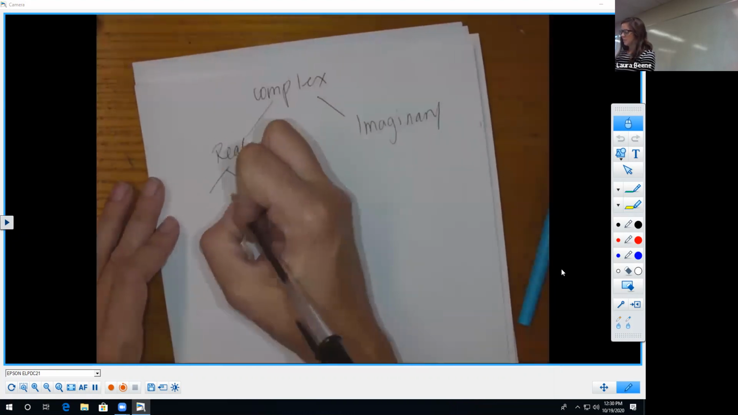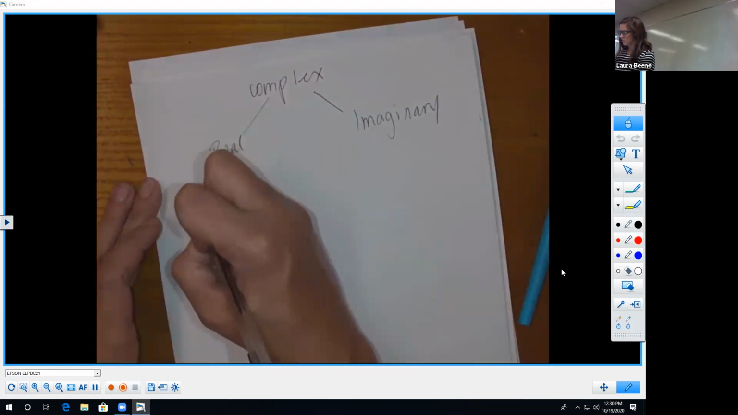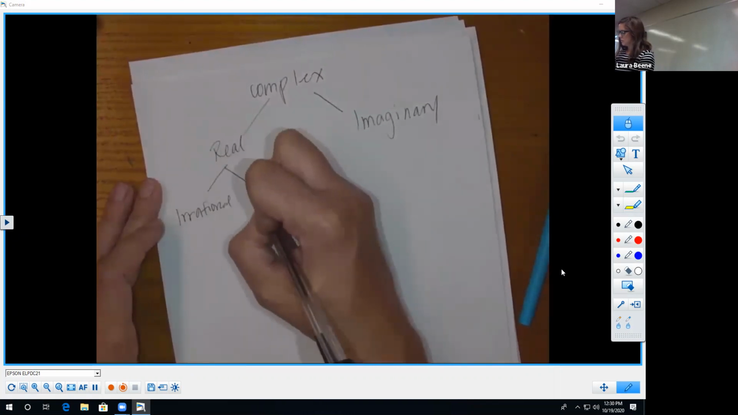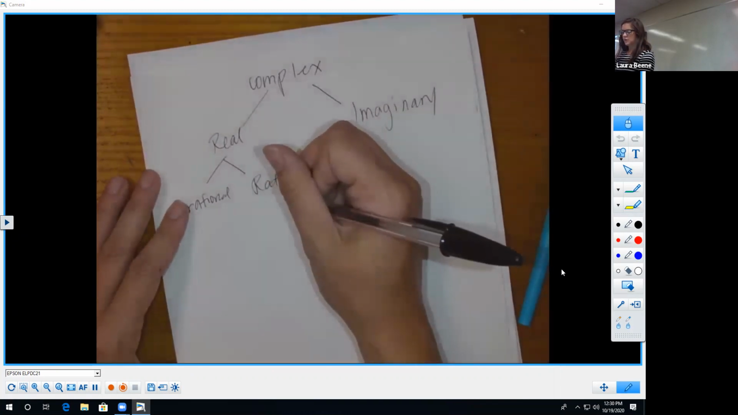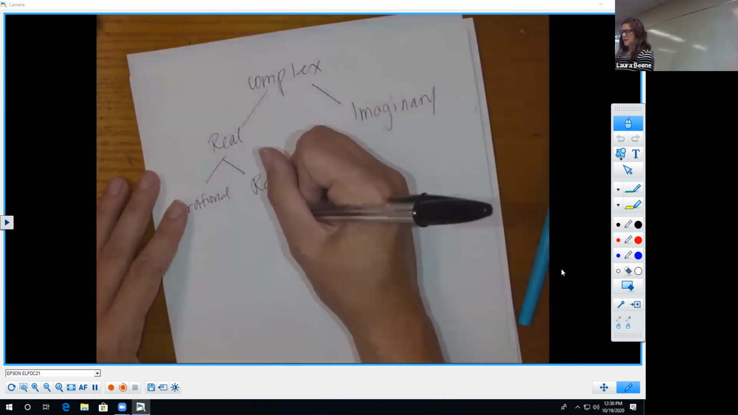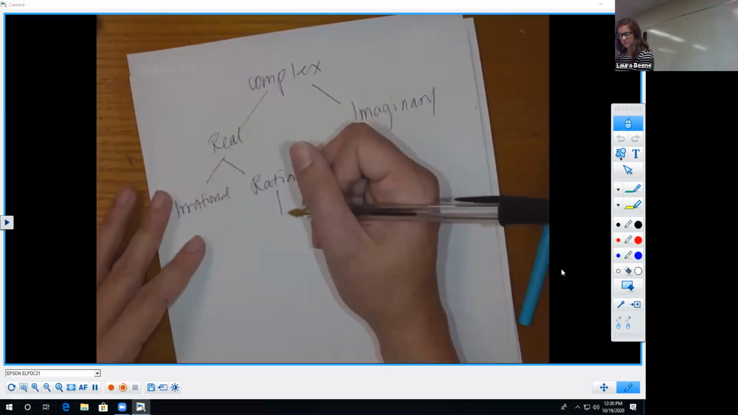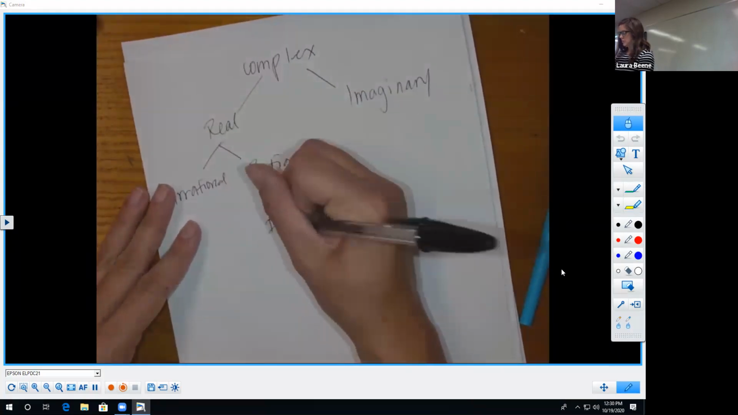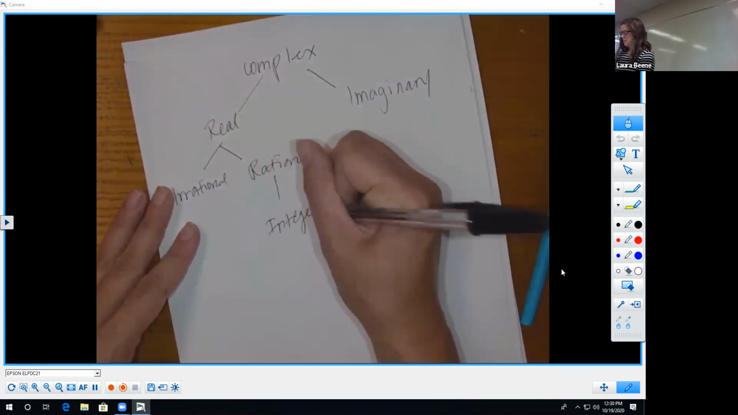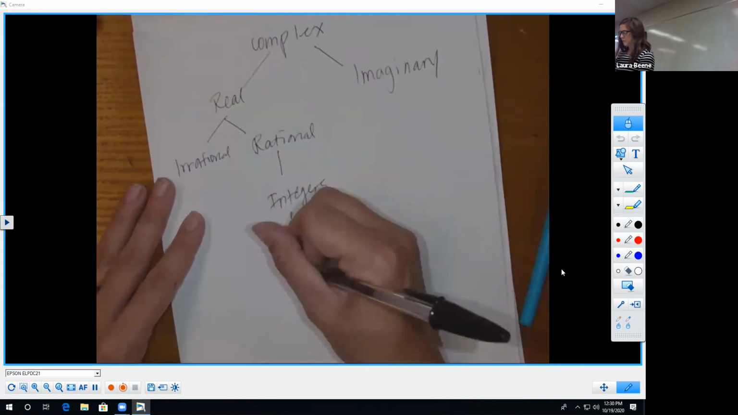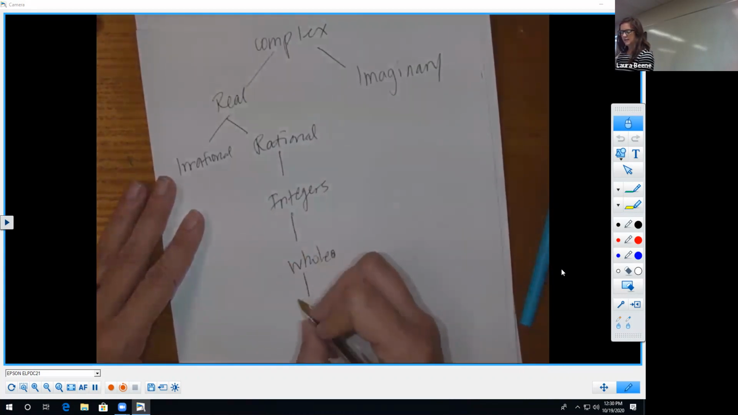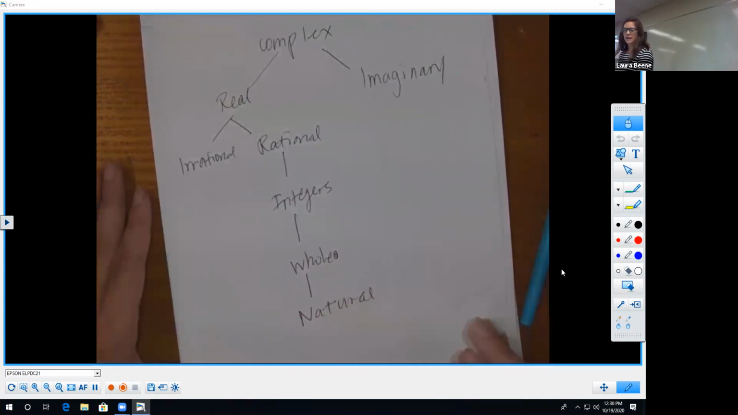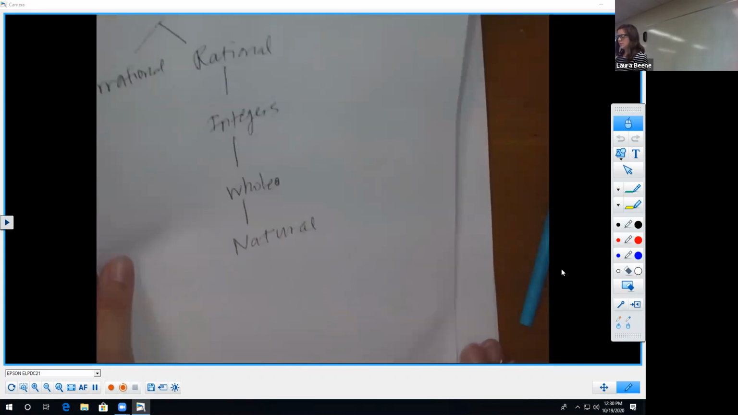From real, we have the option of irrational numbers and rational. And then rational numbers, we have integers, isn't that the next one? Yes, integers. And then within integers, we have whole numbers. And then within whole numbers, we have natural numbers. So that's one way to look at it, or another way to look at it is like